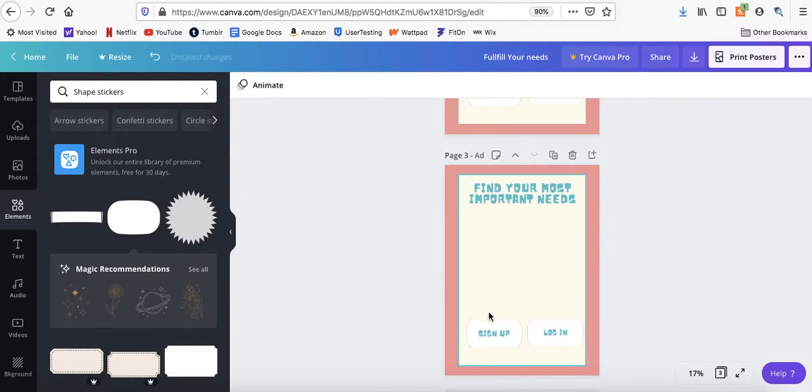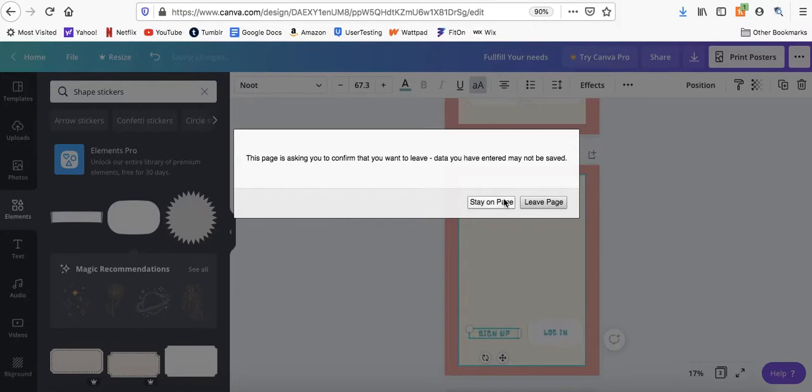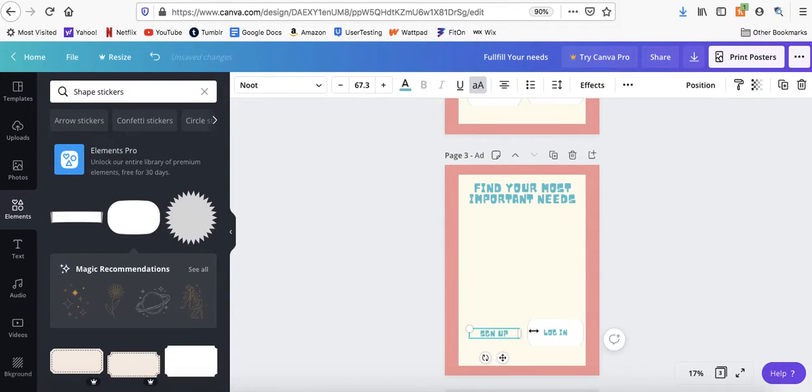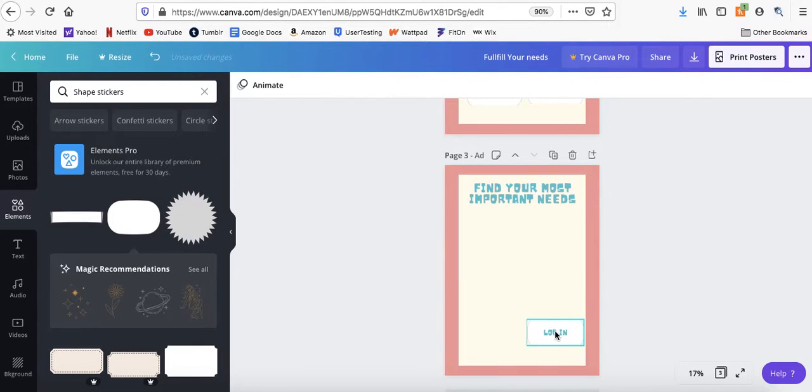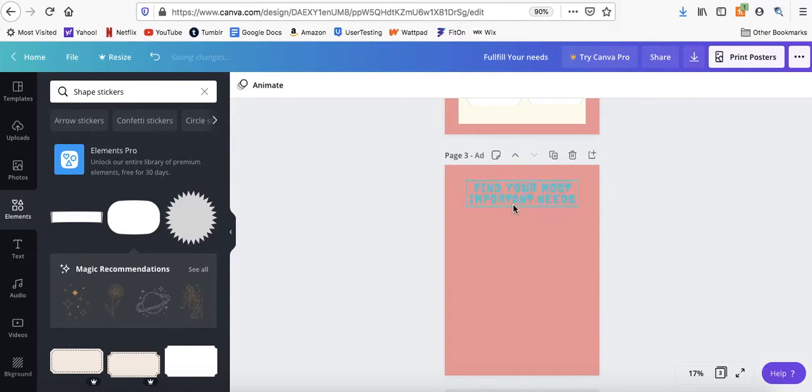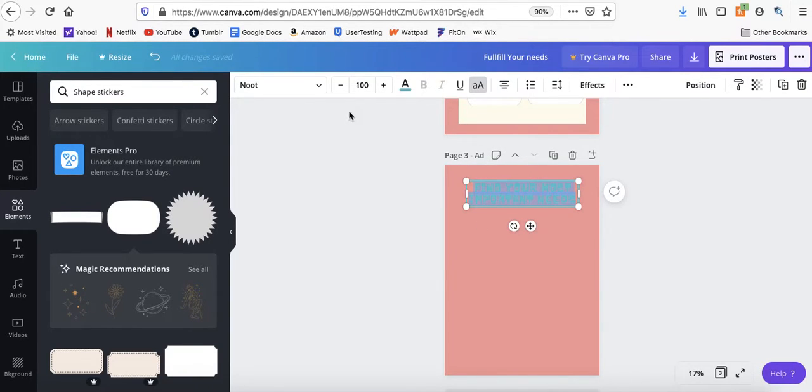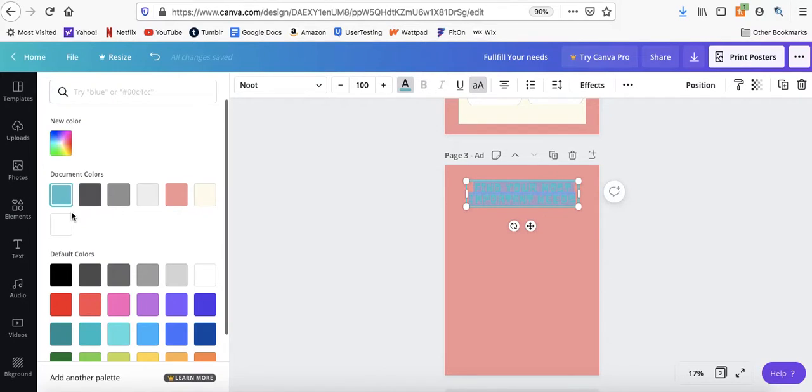Don't know why my computer is really fighting me today. I just want to delete this box. There we go. Alright, and I'm going to get rid of this and create a different type of background. You want variety, you don't want to see the same thing over and over again. So we're going to do...